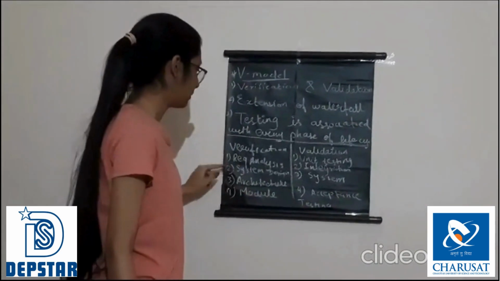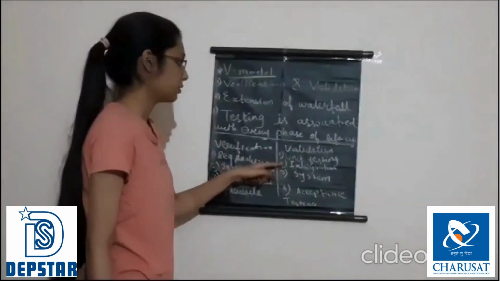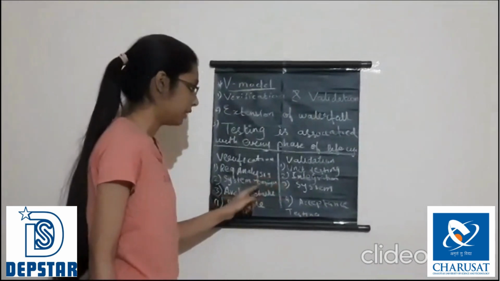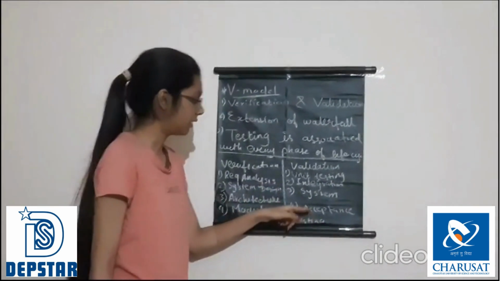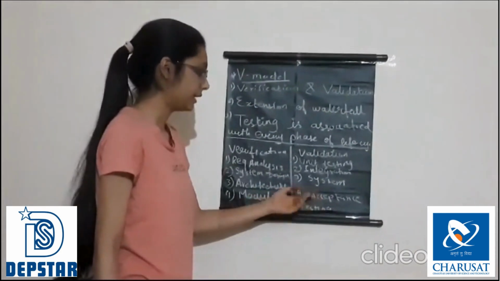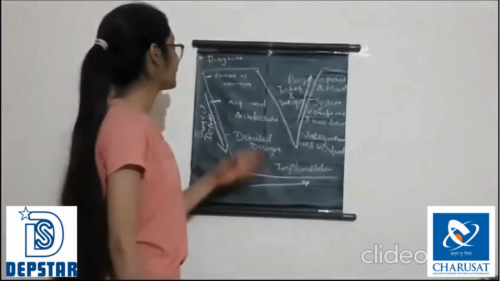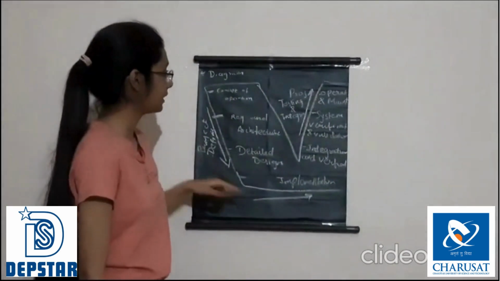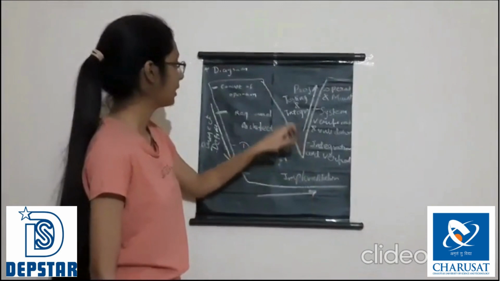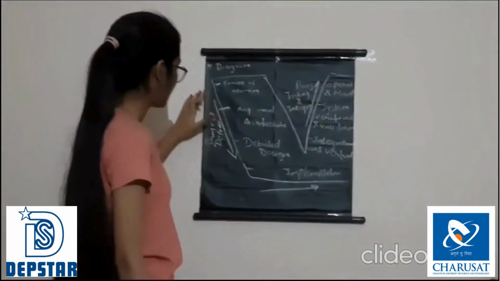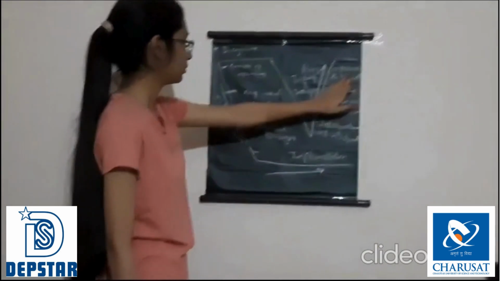With each and every phase, unit testing, integration and system testing run parallelly, and at the end the client accepts it. So this is the diagram of V model. We have project definition, then the implementation part, and project testing and integration. It flows from upward to downward, then downward to upward.